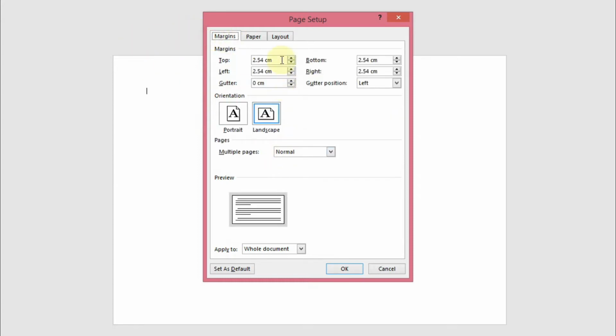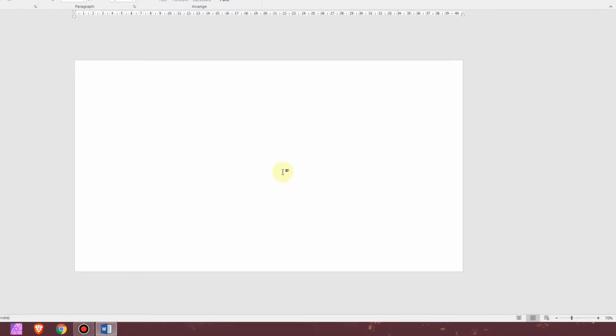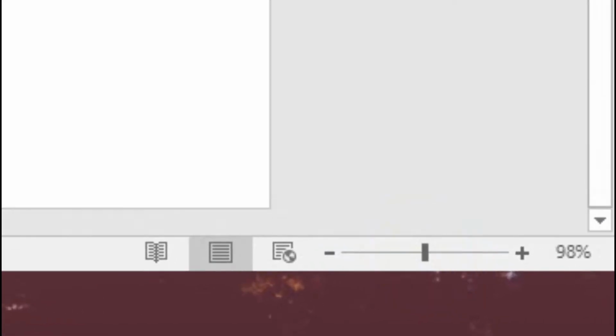Go to the Margin tab and change all the values to 0 and press OK, then ignore. Adjust the view size to see the document properly.